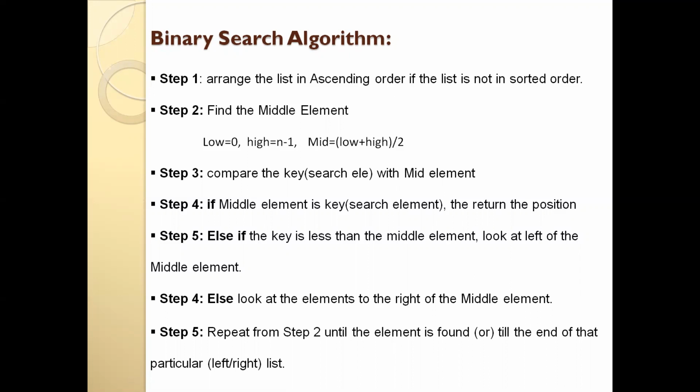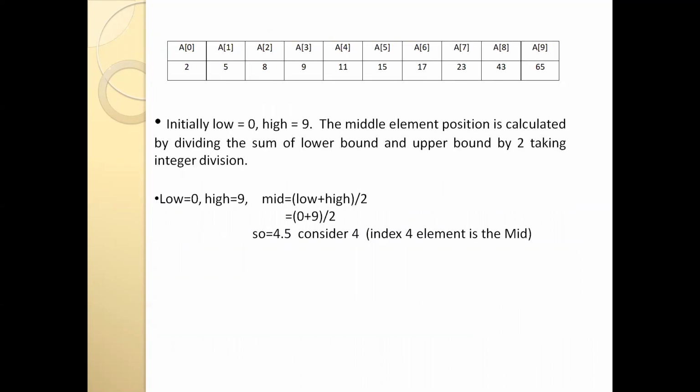This is the basic procedure we need to follow for searching the list using binary search technique. We'll see one example. First, these are my elements. Here I have 10 elements in the list. I am storing all those 10 elements in the array. So first element is stored at index 0, second element is stored at index 1. Similarly, the last element, that is the 10th element, is stored at index 9.